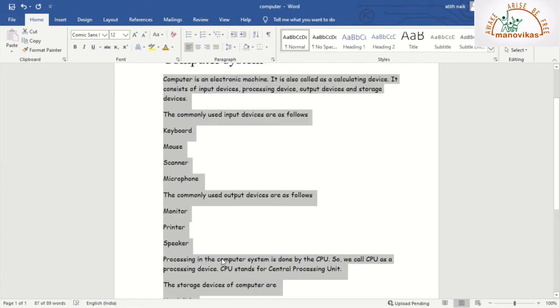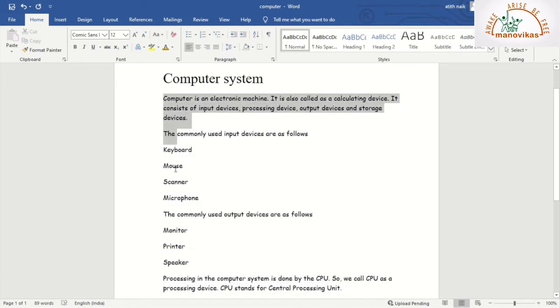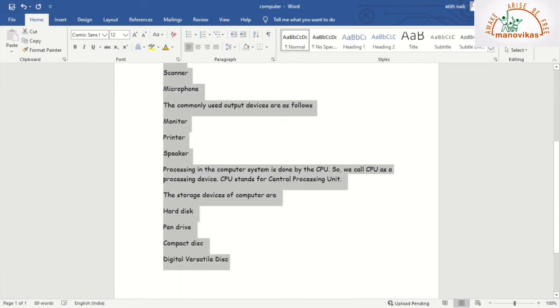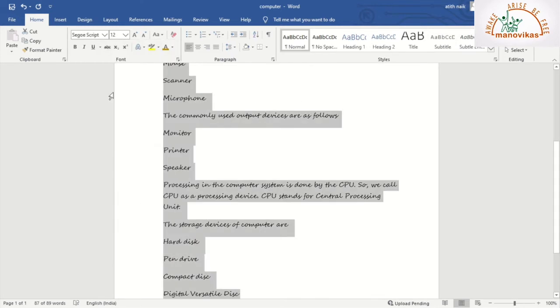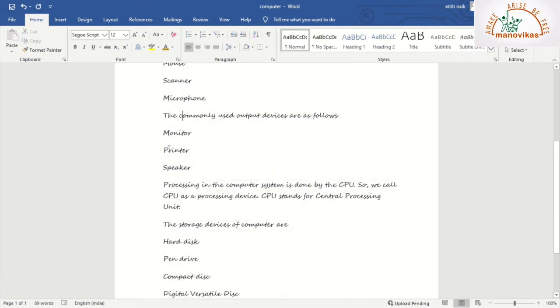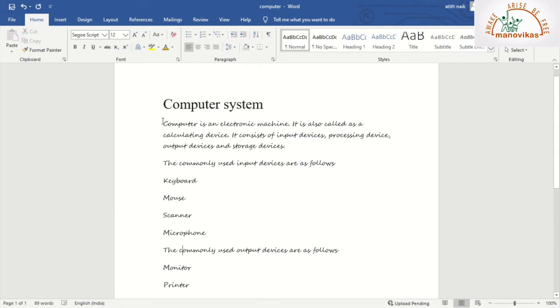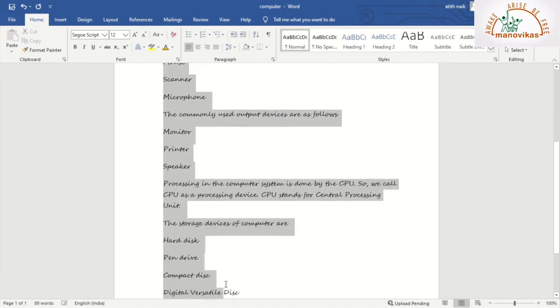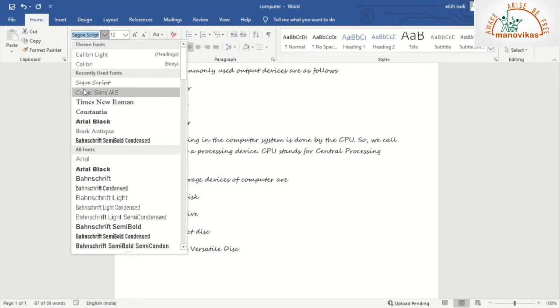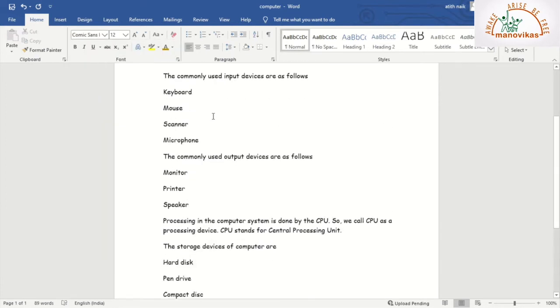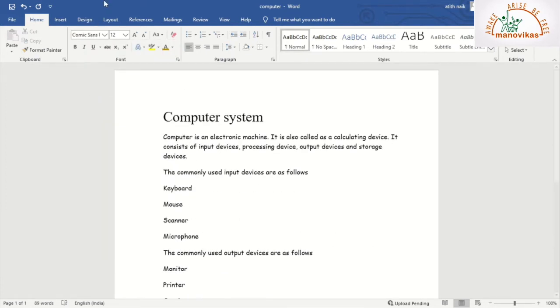Let me repeat this once again. Select the font or the text, click on font style and select the style. It's changed. You can check different options listed under font style.